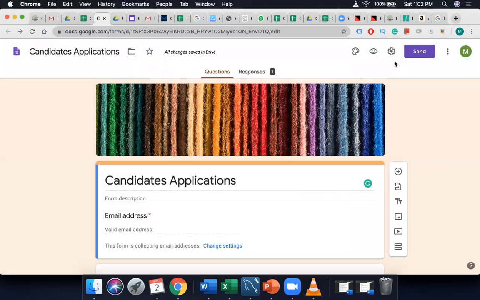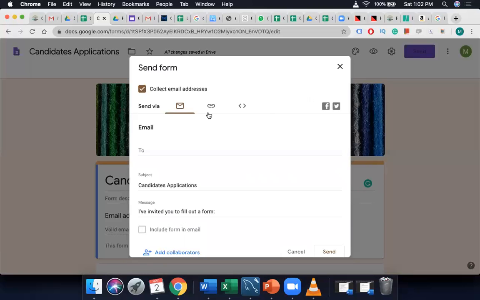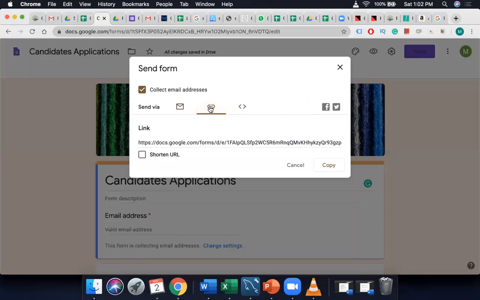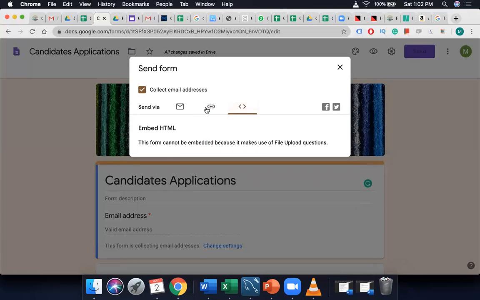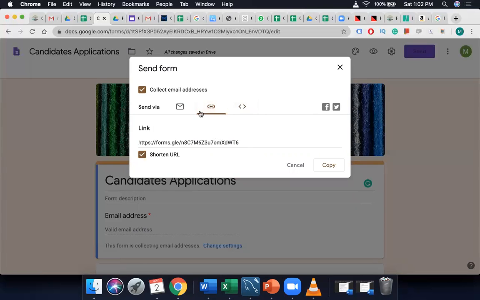And another thing, how do you share the link? The way to share it is you click on send. You can send it via email. The easier thing would be to click on this link and then shorten the URL, so it will be much shorter. Copy it and keep it. If someone wants to put it in HTML text or all that, that can also be done, but this will do. On the pin symbol, click it and then shorten the URL, and this is the form. Understood?